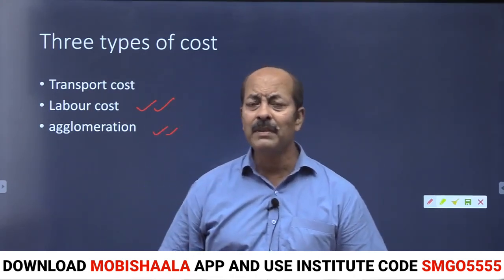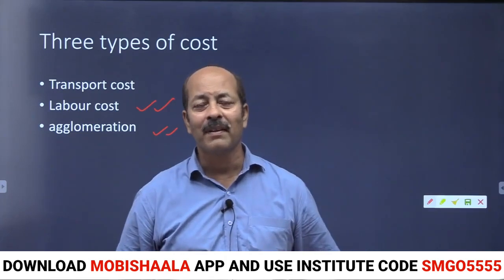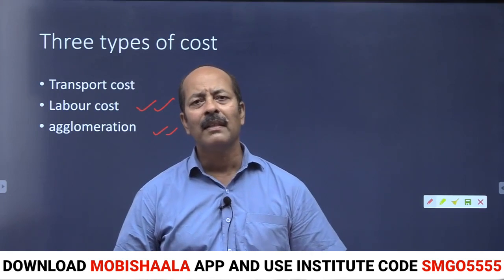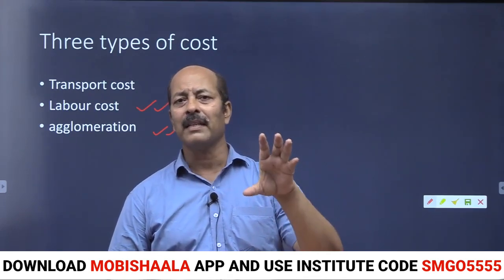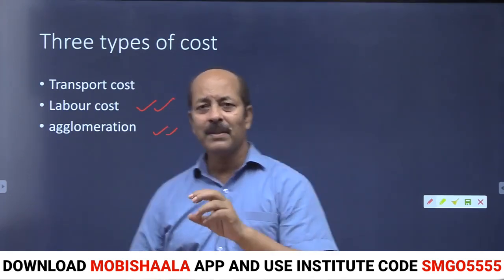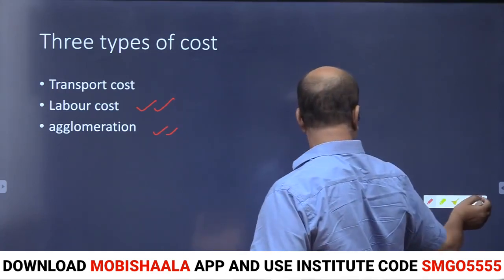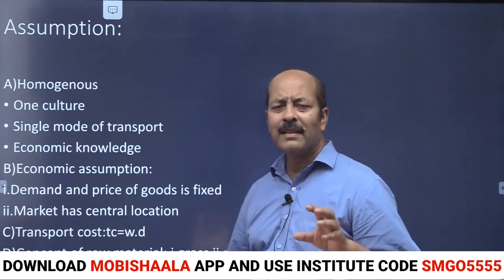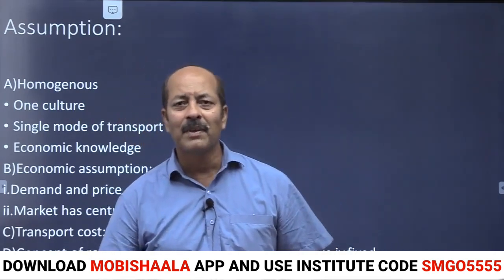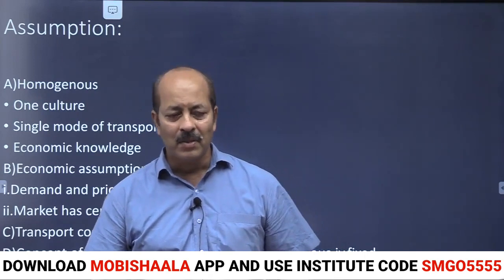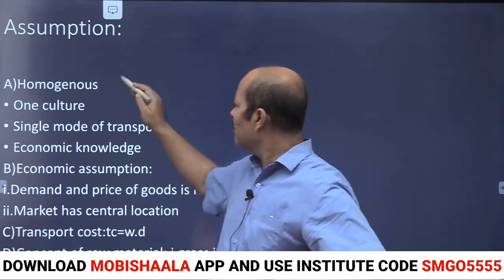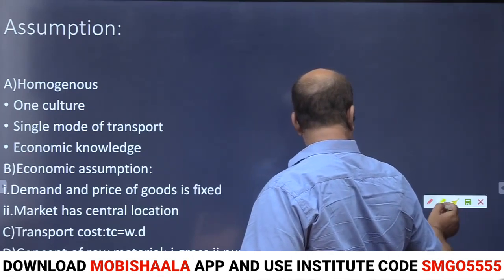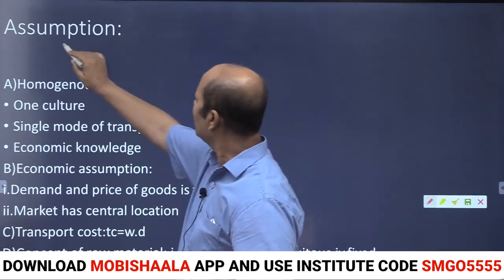So students, whatever I have discussed with you so far, whatever ideas I have given you so far, these are part of only the introduction area. Now we are coming to the main part, the discussion area. I am giving you the basic concept of Weber for the location of industry. So first of all you write assumption. What was the assumption of Weber for location of industry?